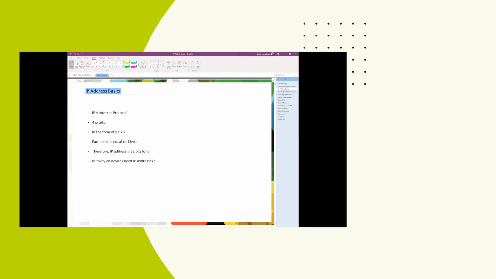Let's see some fundamentals about IP addresses. IP stands for Internet Protocol. An IP address is part of the TCP/IP suite. It consists of 4 octets, and it's got the form of something dot something dot something dot something, and all these somethings are numbers from 0 to 255. And each section is called an octet. So 4 octets,